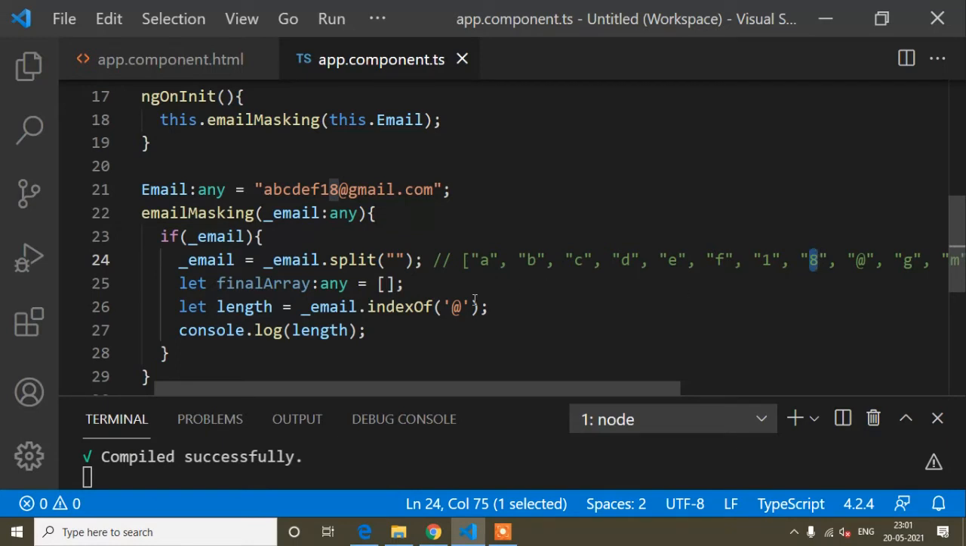And why have I written at the rate? Because when I mask this email, I want to mask before at the rate, not after. When I showed you the preview, you did not see that gmail.com is not masked. Actually, I masked it. First the 2 letters were showing, after that everything was masked up to at the rate. Okay, so that's why I have written